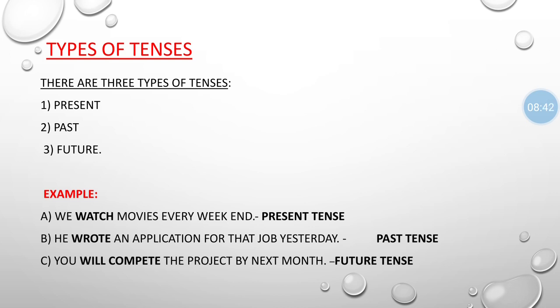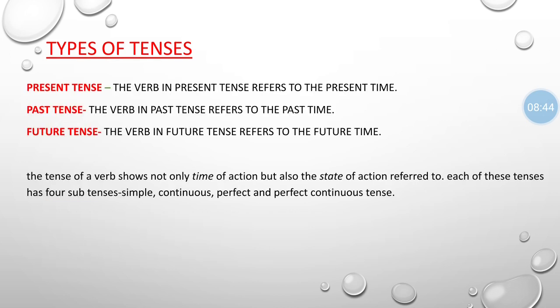In present tense, the verb refers to the present time. It means when we are dealing with the action, or when we are referring to the action, it indicates the present time. When we refer to the subject, object, action or any instance, the action is either in that present time, or the action is going on or continuing.